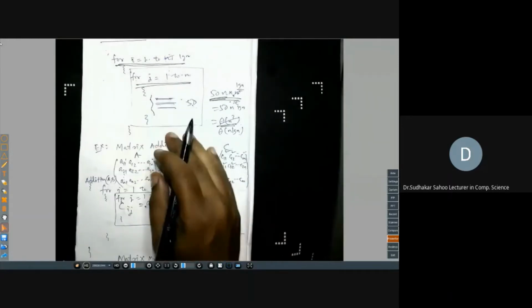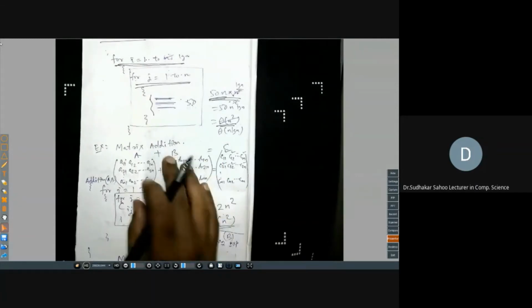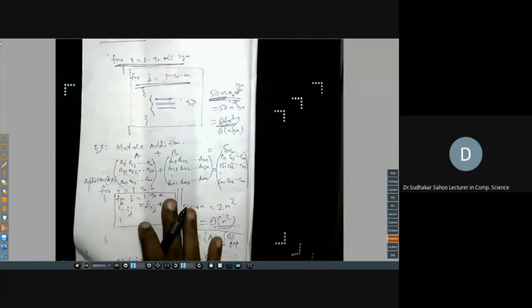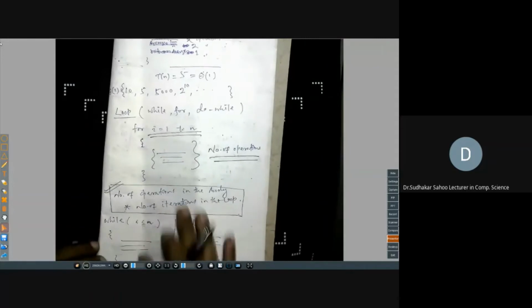So there might be 3 nested for loops, or a mixture of for loops and while loops, or a while loop inside another while loop. Whatever way it is given, I think you can find it out. It is simple. Just remember this one shortcut way to immediately find the time complexity.